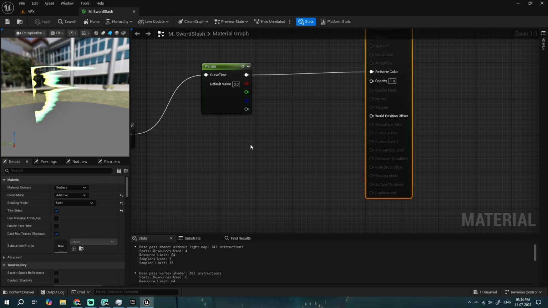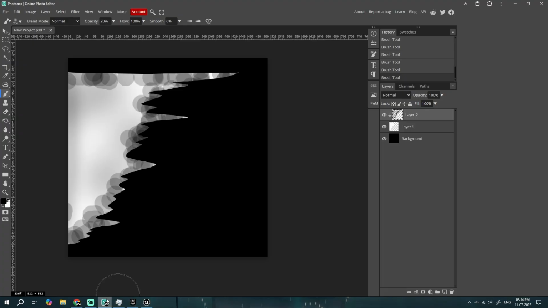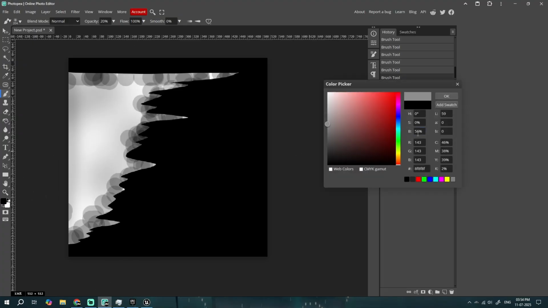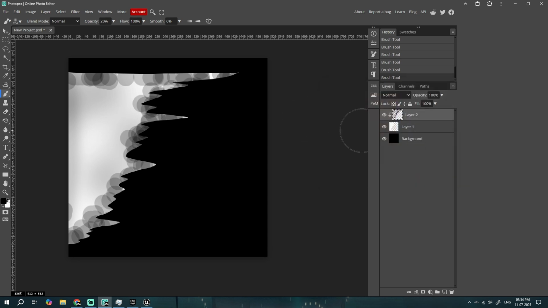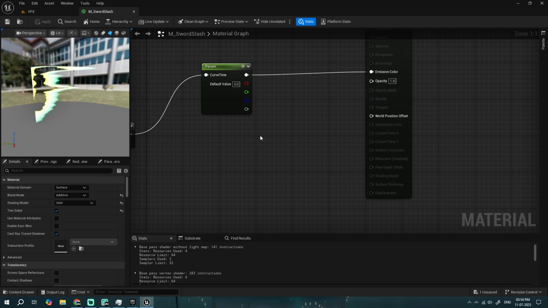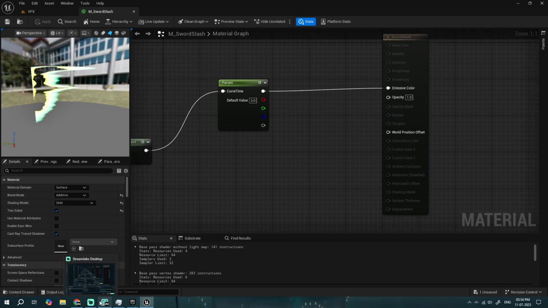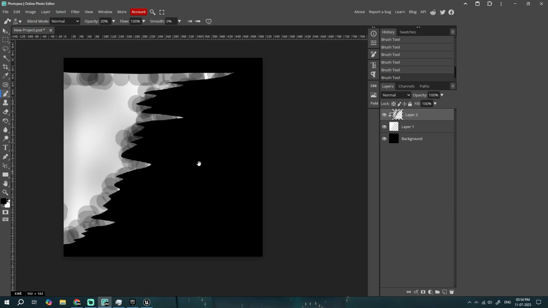But wherever there would be, let's say, 0.78, 0.89, something like that, where it's like different values, you could see it's like 0.56, 0.60 and all that stuff, it will just create different variations of the values in here. That way the texture has some variations. And once you have done this,